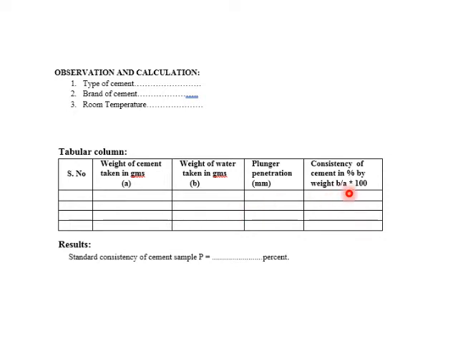Okay. So, or directly, if you have written it in percentage of water, this percentage of water is nothing but you can write it here, that is P. No need to do P by A also. Okay. So finally the result is taken as: standard consistency of cement sample is equal to P is equal to dash percentage. So if you have got it for 30 percentage, the answer is 30. That's all. P is equal to 30. Okay.